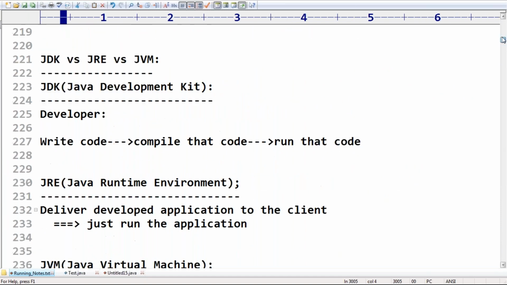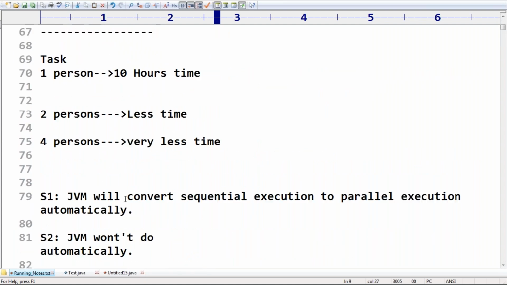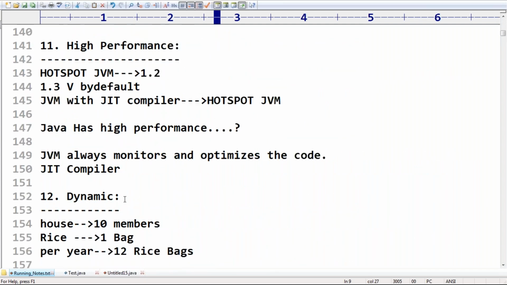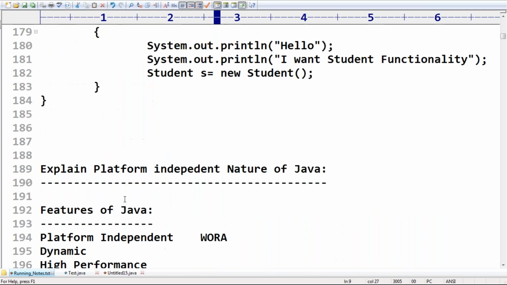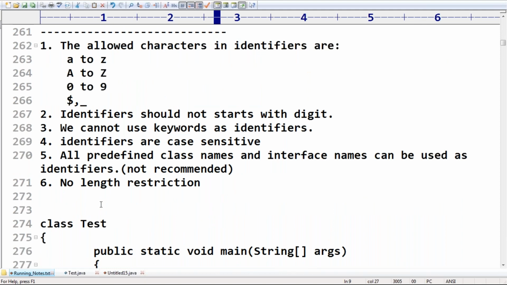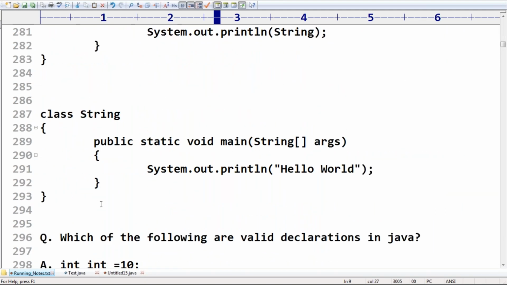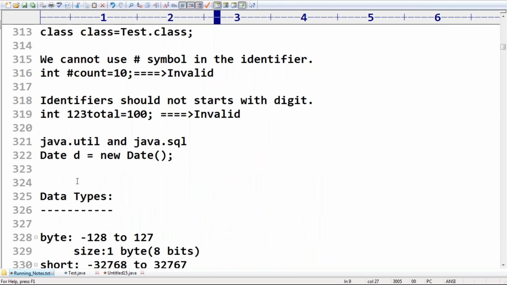Okay, one minute. Yes, rules to define identifiers, here I covered.